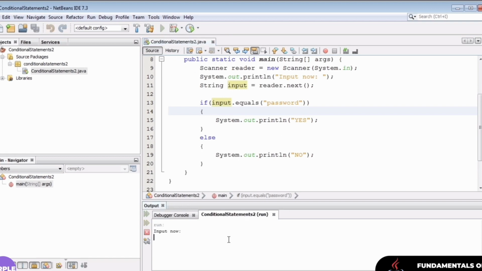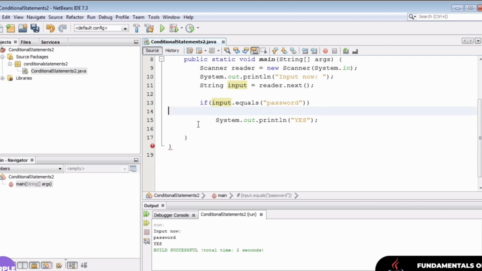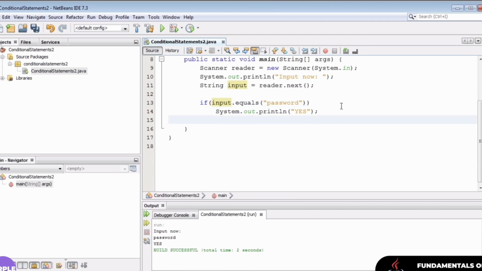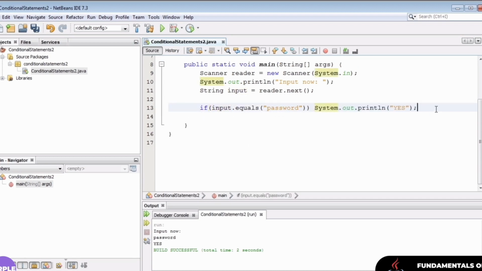Let's run our program quickly, and let's start by inputting a bad string. And then let's input password to see our program work. That's the basics of if-else statements. I would encourage you now to play with some of the comparison operators that we looked at and try nesting if-else statements within each other. As a very last note, you may sometimes see if statements without their following brackets. This is valid syntax and is basically the equivalent of putting the entire statement